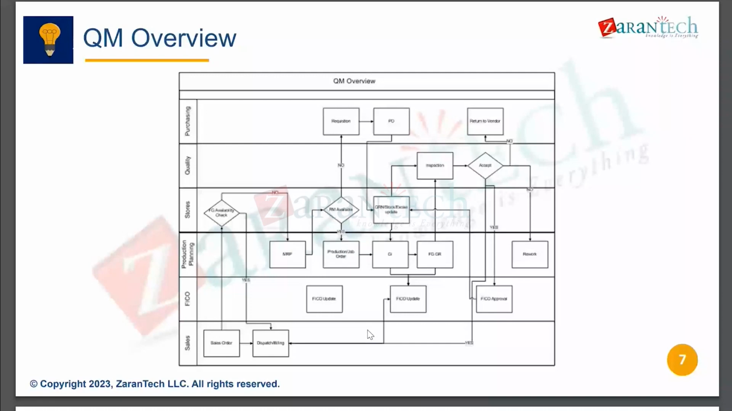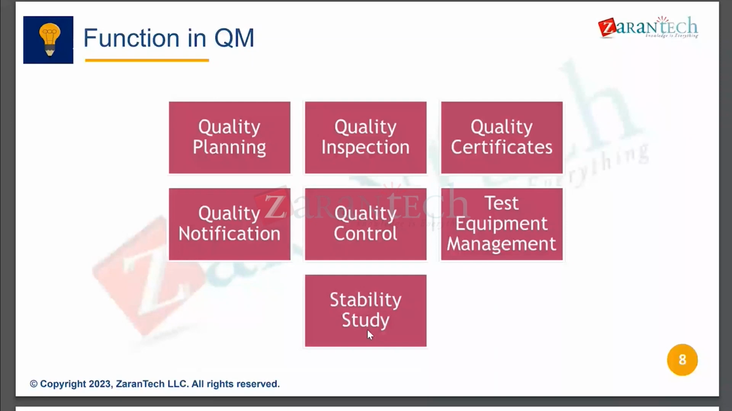So these are the different functions in QM: quality planning, where you will define your master data and how you need to plan for a particular product, and quality inspection. So how you need to inspect, means we have different stages like incoming material inspection, finished goods inspection, delivery inspections, and if there are any ad hoc inspections, that kind of inspections will happen in the quality inspection